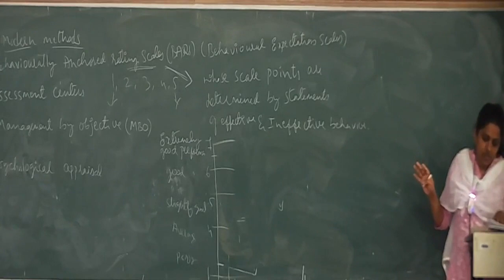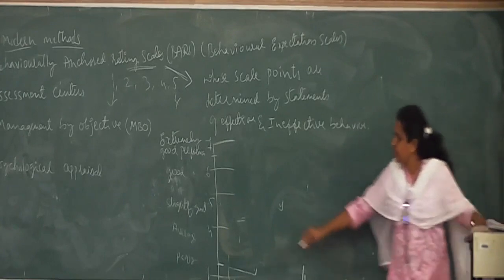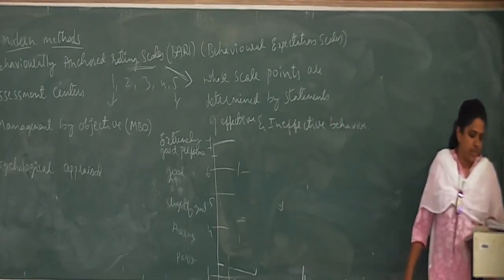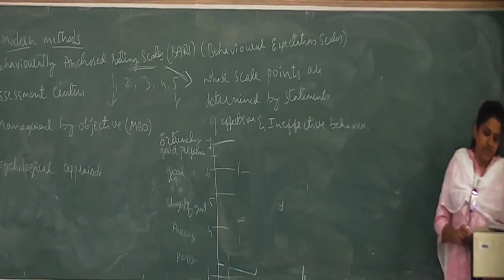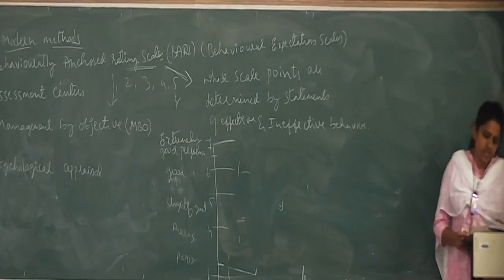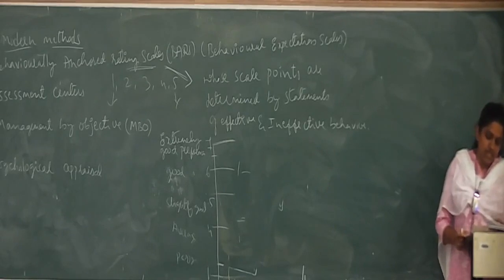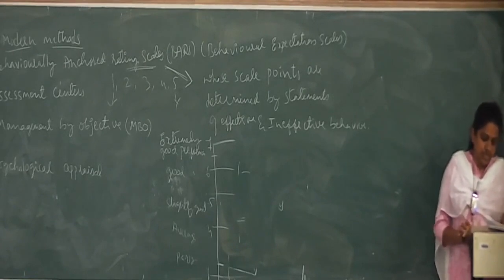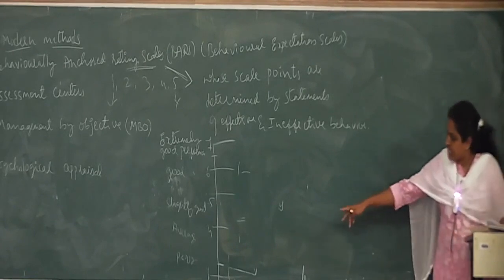For good performance, rating scale 6, the expected behavior is for the checker to be aware of items that constantly fluctuate in price. And also, you can expect this checker to know the various sizes of can numbers. Okay. So these are the first 2. Let's see the last 2.